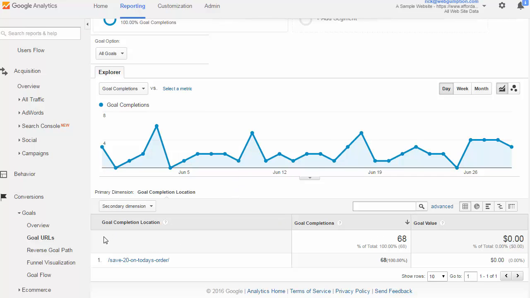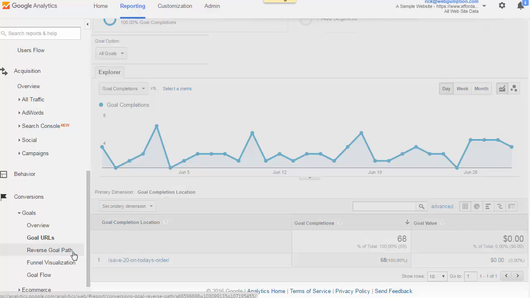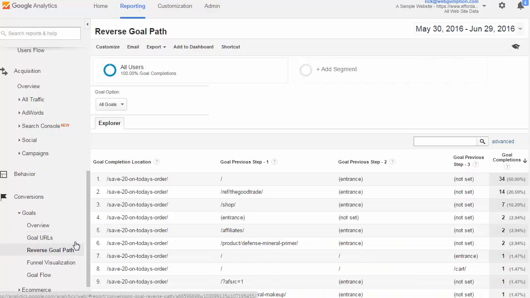The next report we want to look at, which is more useful to our specific implementation, is the reverse goal path report. For this, you're going to go left nav, conversions, goals, and then reverse goal path. What this looks at, and is more relevant to our implementation, is based on the goal location URL, which we saw was all the same, it's our confirmation page,